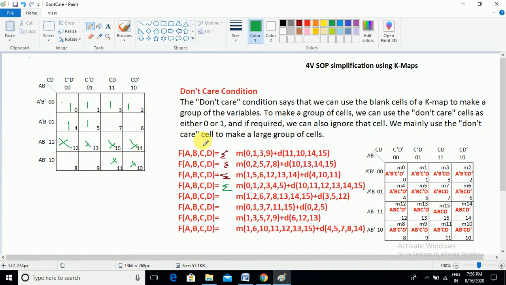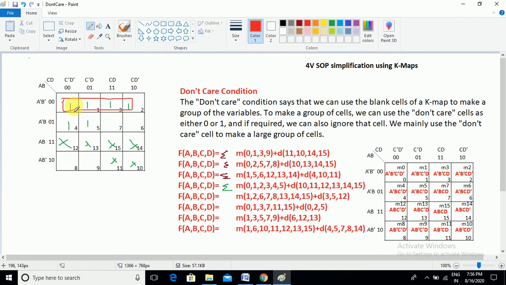Okay, now here we should create a proper grouping without considering any don't care cell. Here we are able to create a 4 cell grouping. If you try to fold the given K map horizontally, maybe you think that we can create an 8 cell group, but here 8 and 9 are not selected, so we cannot. Here we should go with only 4 cell grouping. And now we need to think about the other ones. The other 2 ones that are not in a group are 4 and 5.